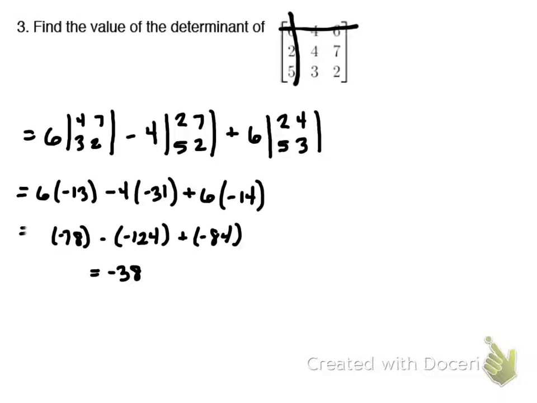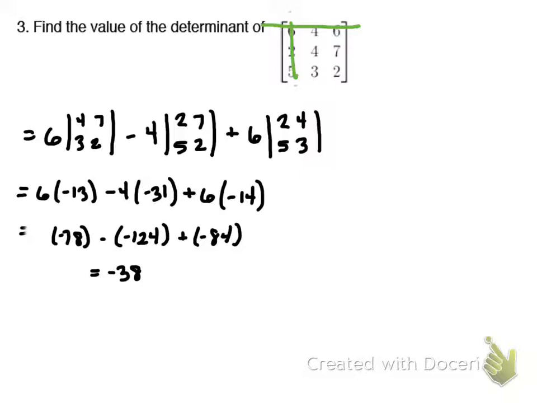So the place where those two lines crossed was at 6. Okay, and I'll show you that again. So we had a 6 up there. So I've got 6 times the determinant of what's left, the 4, 7, 3, 2. Okay, minus